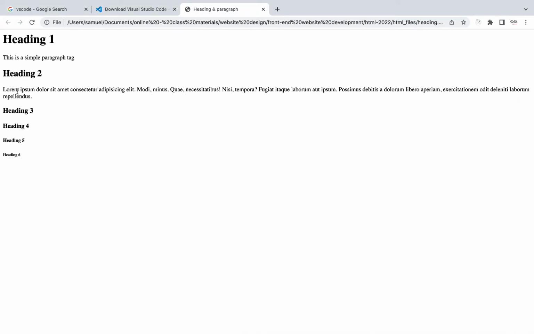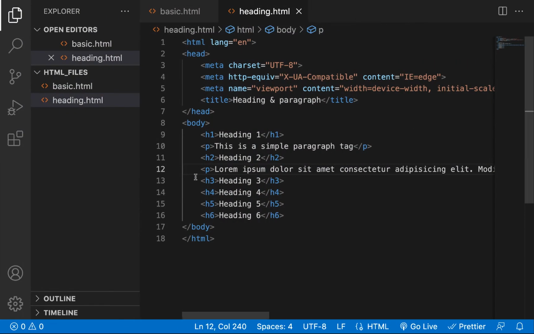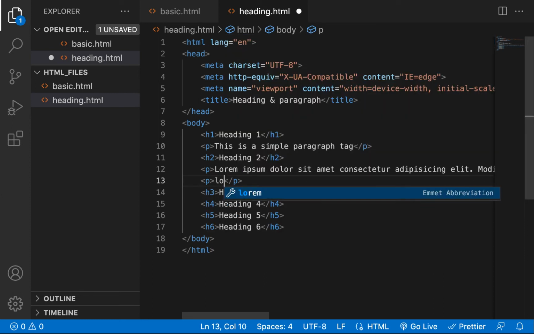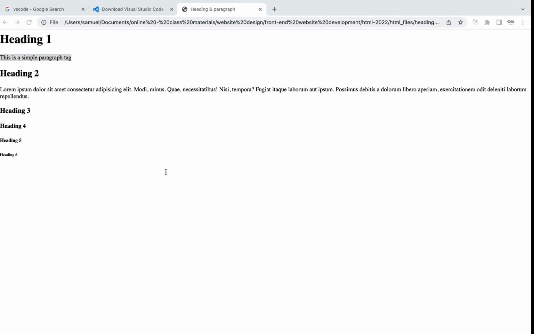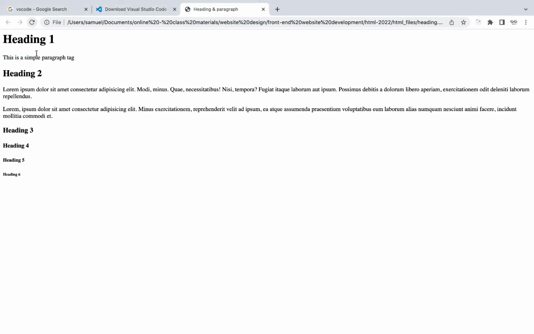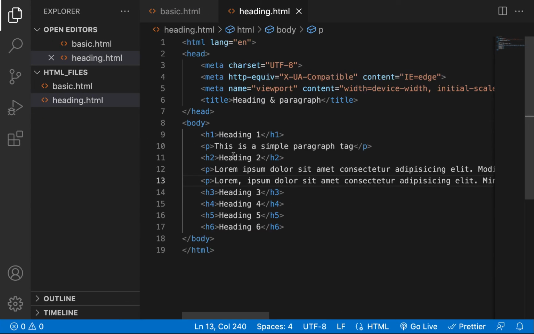And I will say this is the second paragraph we created using the lorem ipsum and the other paragraph. And the cool thing is that even if you create another paragraph back to back, like beside it as well, let's get another version of lorem there, and go back here and refresh, we are going to see that it is of different line, of course, and not the same line, which is super amazing if you ask me. Now, before I round up this particular video, another thing I would love to talk about is HTML